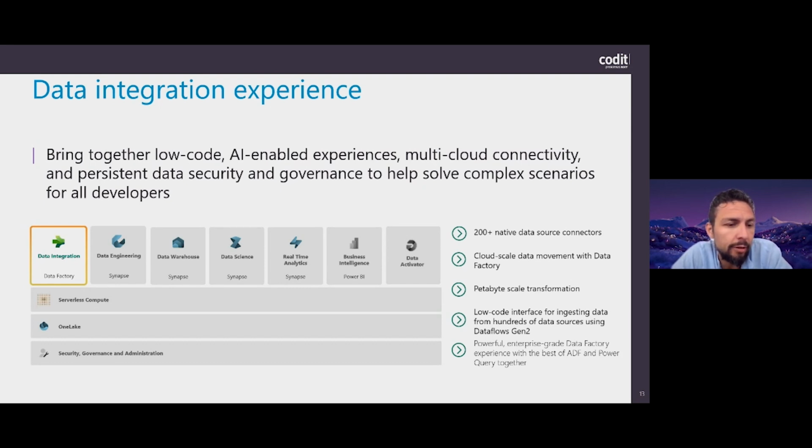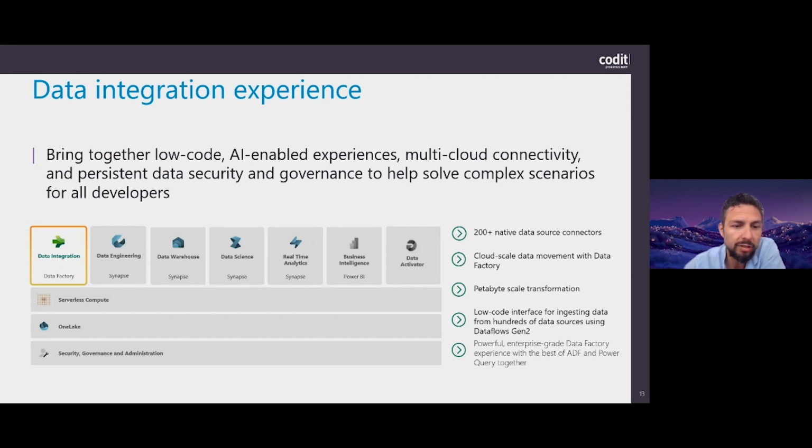But in Microsoft Fabric, they have included the complete Data Factory suite, meaning that you can integrate all of your data into the platform by leveraging over 200 native built-in connectors, making it easy to integrate your SAP system, your CRM system, your ERP system, other cloud-based systems, API systems into the platform, making sure that you can integrate the data, pre-process it already with Power Query, for example, and this all on a scale up to petabytes of data that you can then store into the OneLake data storage, so the other experience can effectively use it also.